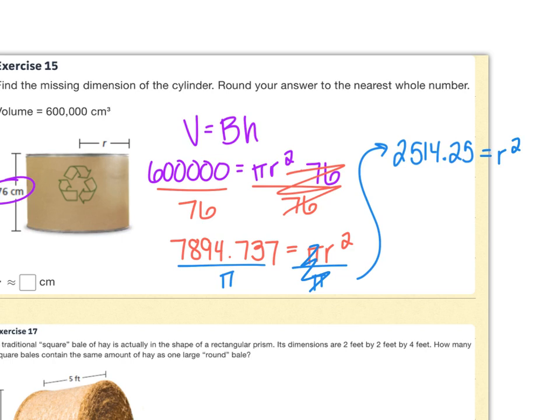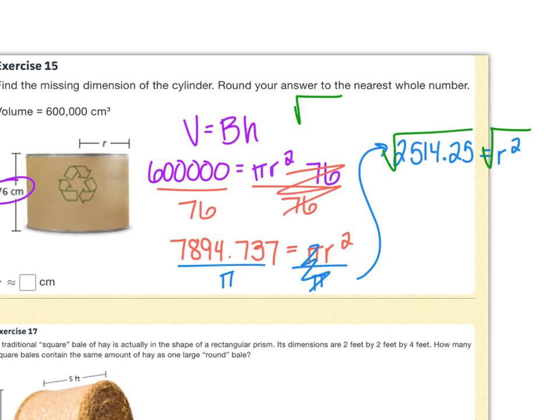And so what I need to do now to get rid of the squared is not to divide by 2, but you might remember doing this. The opposite of squaring a number is square rooting it. So somewhere on your scientific calculator, you have a square root button. And so if you hit the square root, again, what we're trying to figure out is what number times itself, right? The radius is being times by itself. What number times itself gives me